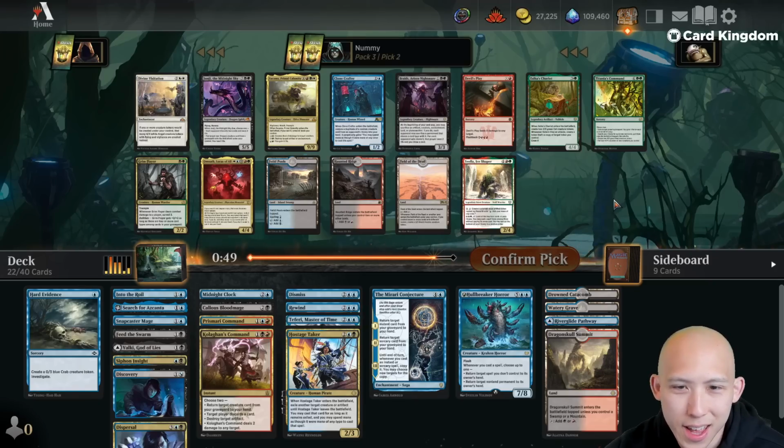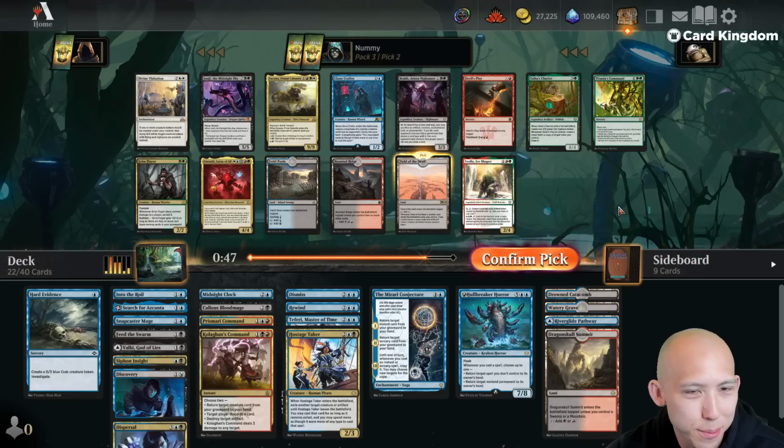Field of the Dead, huh? Yeah, actually, that's another pretty solid win con for us. I'm at 18 playables right now, if you minus the lands. And there are 2 lands in this pack that can wheel, too, so...